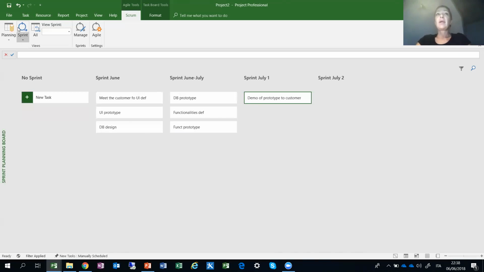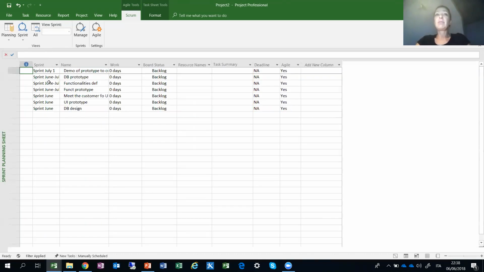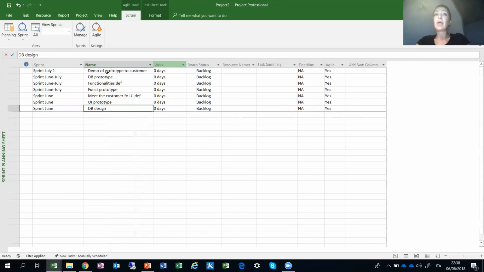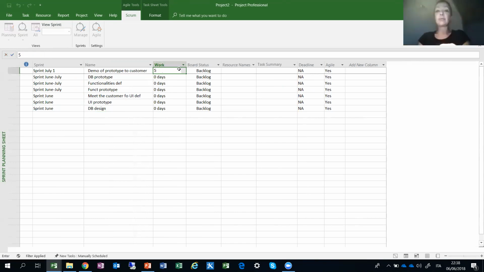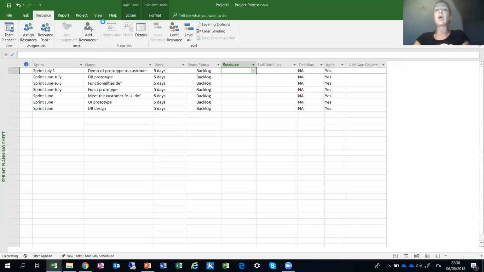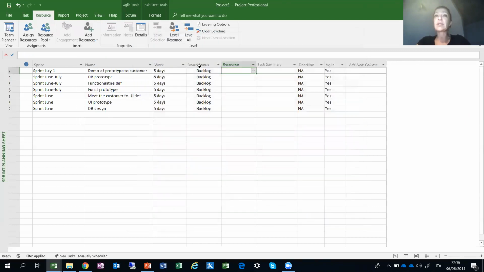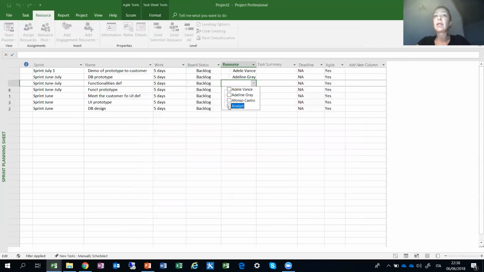Okay, so again, going back to our sheet, we will be able to see our sprint column with the sprints renamed and our work items that we have defined with the definition and the association to the sprints. Here we can express the effort in days, of course, or in hours. This is up to us. Let's say we are moving for 5 days to each. And again, I need to set up my team. So I will be doing a combination of traditional actions in MS Project plus new actions provided by the Agile integration. Okay, so here and again,